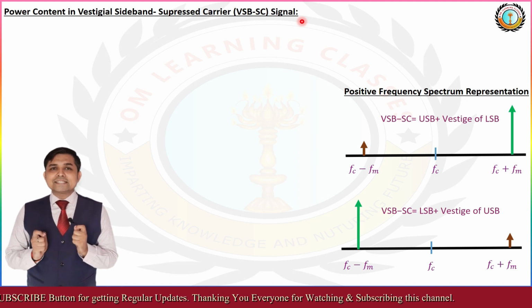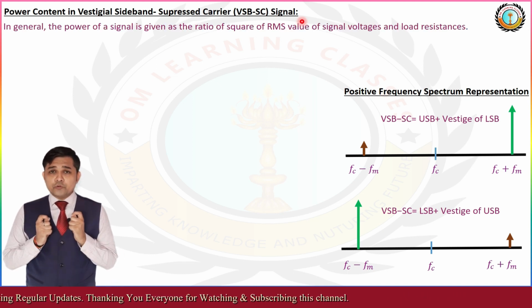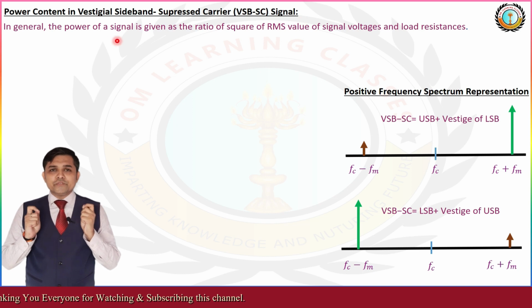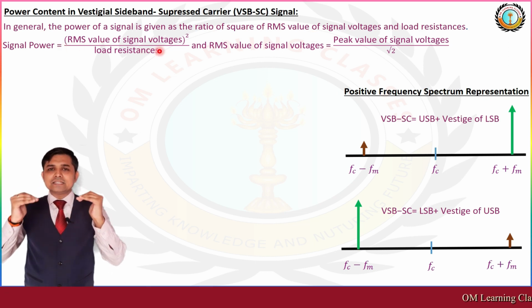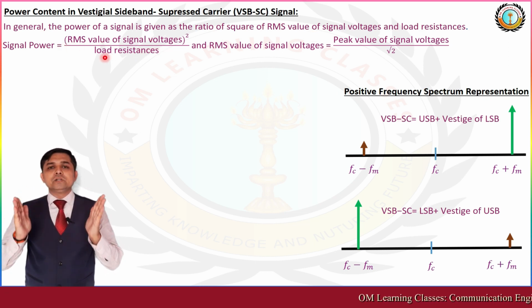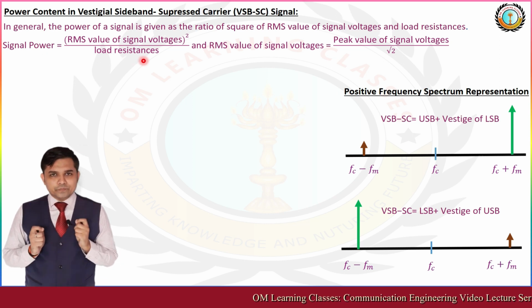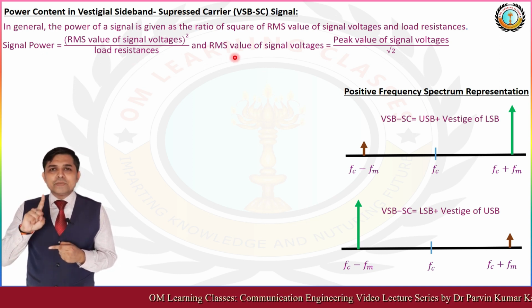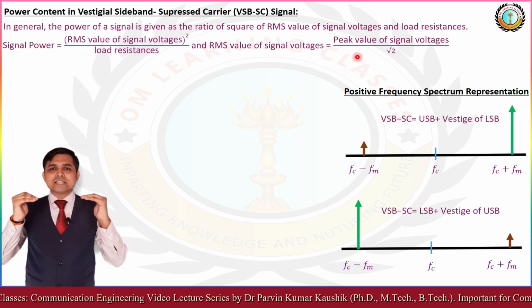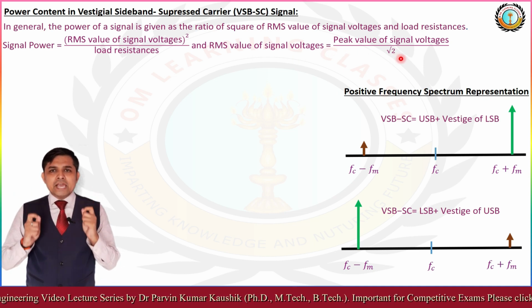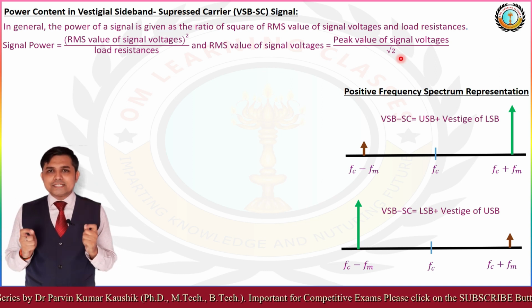Here we utilize the general representation of signal power, which is the ratio of the square of the RMS value of signal voltage to the load resistance value. Further, the RMS value of signal voltage is defined as the ratio of the peak value of signal voltage to